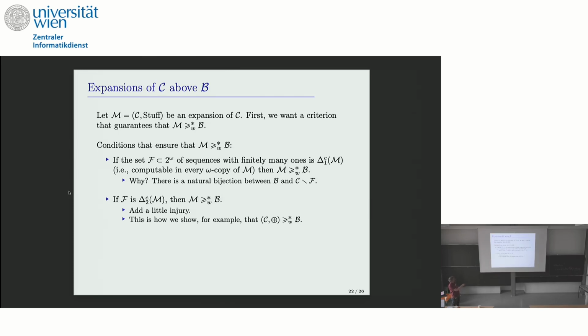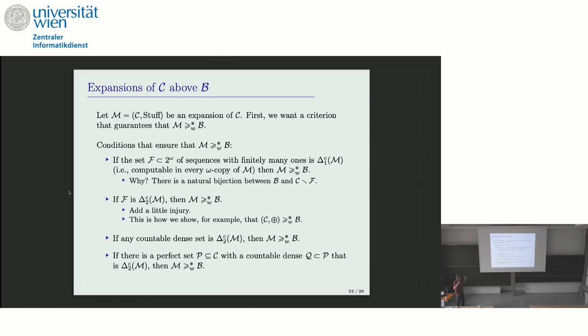Well, we didn't use that it was delta 2, but here the set of sequences with only finitely many ones is sigma 1, and we got around that with a little injury. It's the same idea. Aha! Nothing special, actually, about the sequences with only finitely many ones. Any countable dense subset of Cantor space, the complement looks like Baire space. So if you can recognize any countable dense subset of Baire space in a delta 2 way over M, you get Baire space. But who cares about Cantor space?